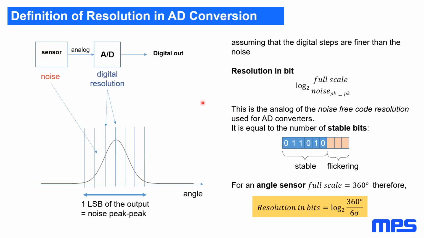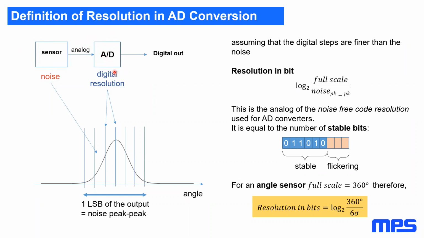When we start talking about an A to D converter, and actually it's funny, MPS, our sensors don't contain an A to D converter because our front end is a little bit different. We have a time to digital converter. It's called spin axis. If you're ever interested in looking up, I wrote an article about it some years ago. I think it was in Bodo's Power Magazine. But look up my name, Ted Smith, and spin axis if you want to understand how our front end works. But we still model it the same way as any competitor or anybody that uses an A to D converter